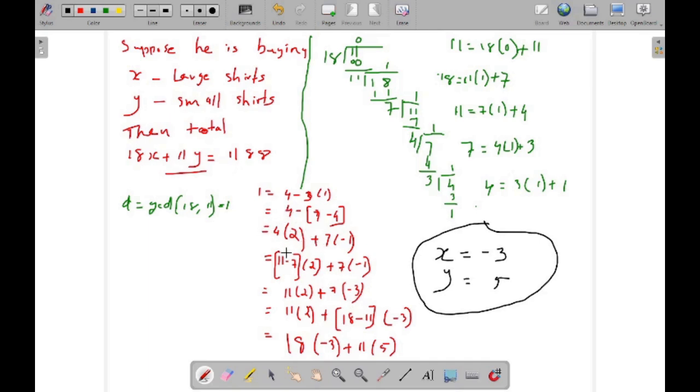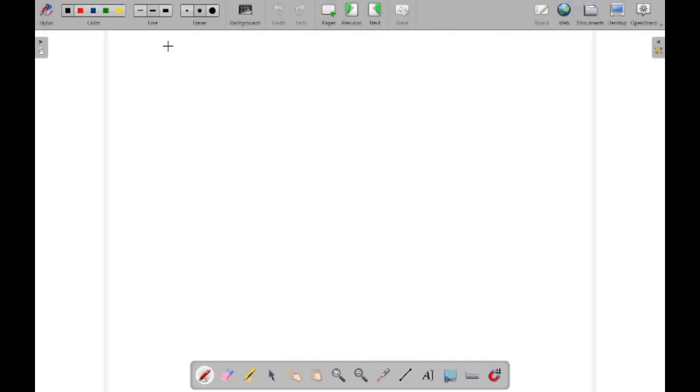We will get x equal to minus 3 and y equal to 5. 18 into minus 3 plus 11 into 5 is equal to 1. That is the GCD of